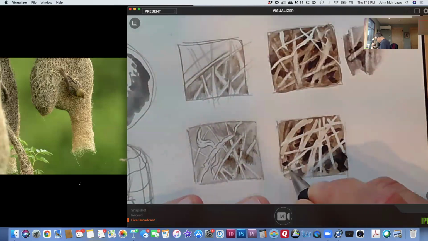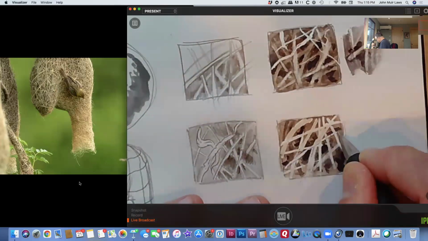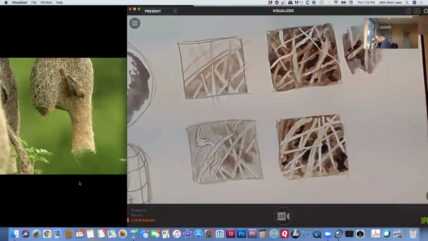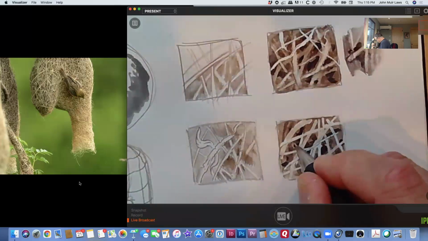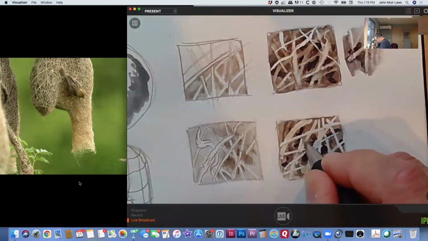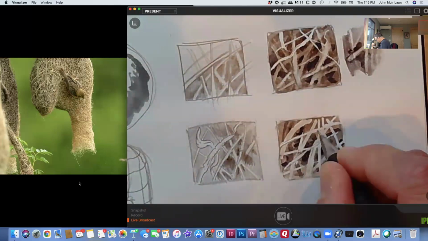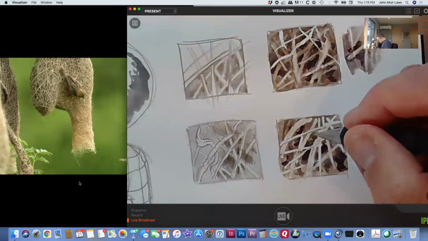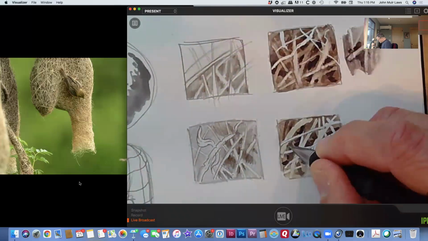But if I draw along the edges of those, I can then pick that out as a little fiber that's on top of all those other ones. And here is another. And back here,